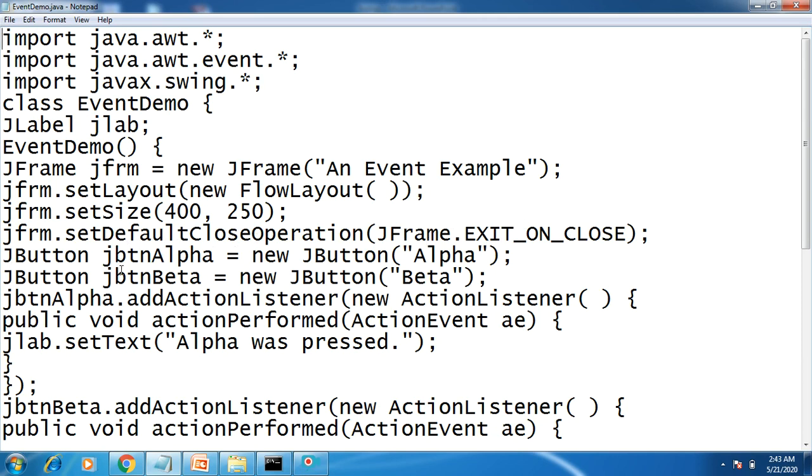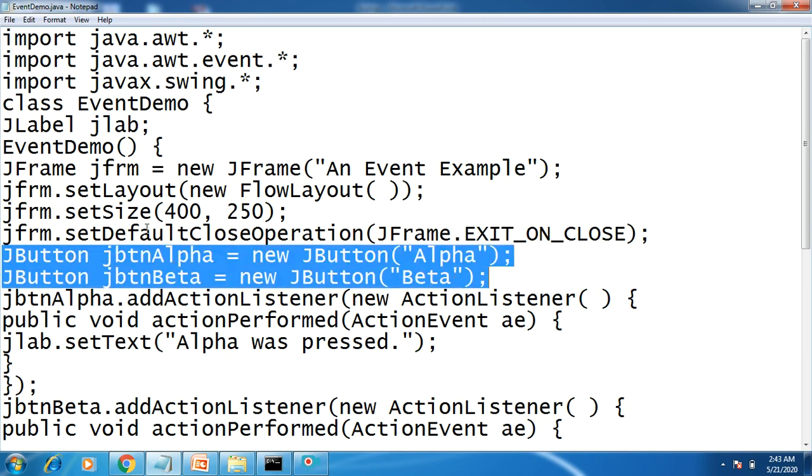Then we have taken two buttons: JButton jbtnAlpha equal to new JButton alpha. This is the name we have given to the button. Next JButton jbtnBeta, the name of the object, equal to new JButton beta.